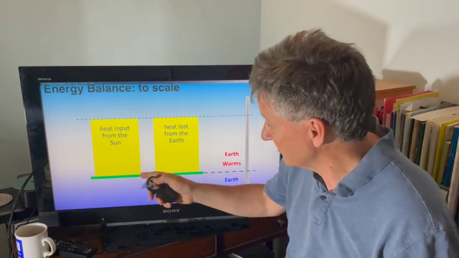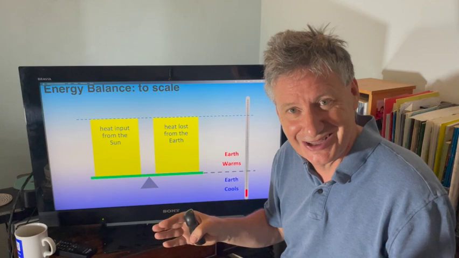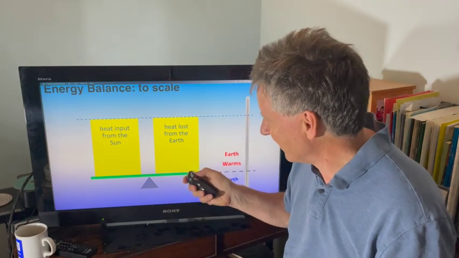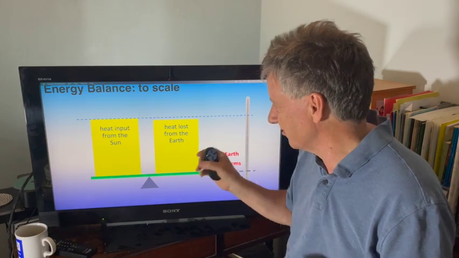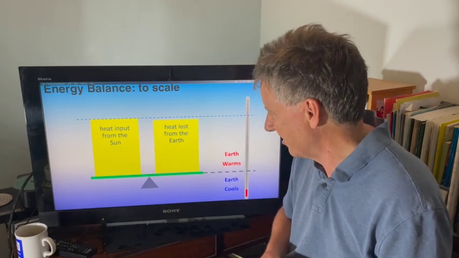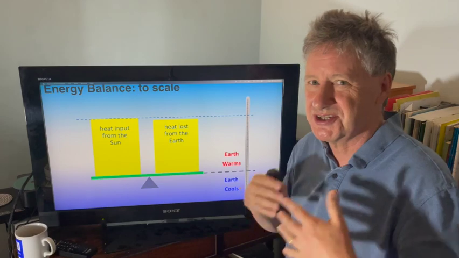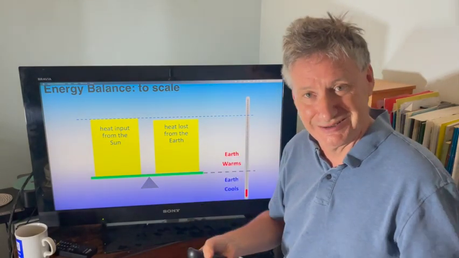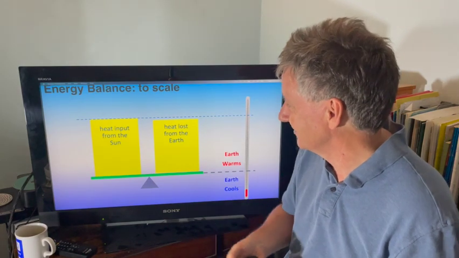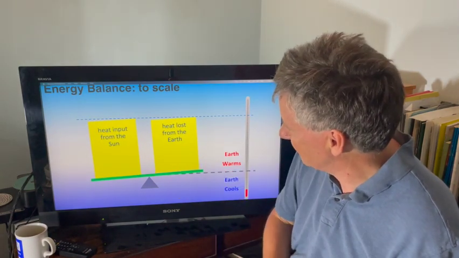So it's not the energy production of the Earth that's the problem, it's the fact that what we're doing is affecting the balance between the heat input to the Earth and the heat lost from the Earth. And because these quantities are so vast, we're able to have an outsized impact on the planet. So we're just tipping this like that.